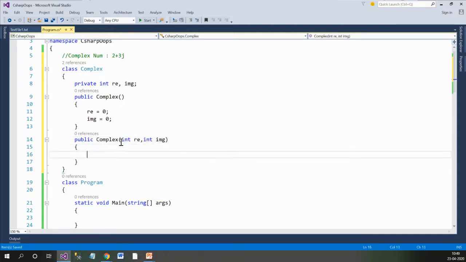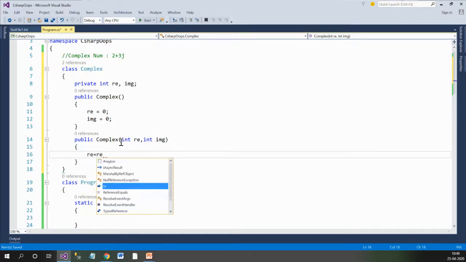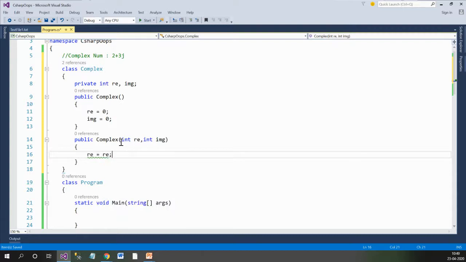Now, if I write something like this, it is meaningless because the parameter name is real and the member of the class Complex has the same name. So in this scenario, what to do? You need to refer to the member of the class using the this pointer.